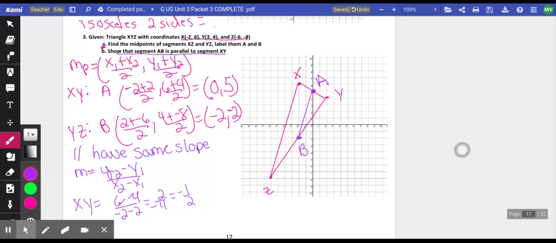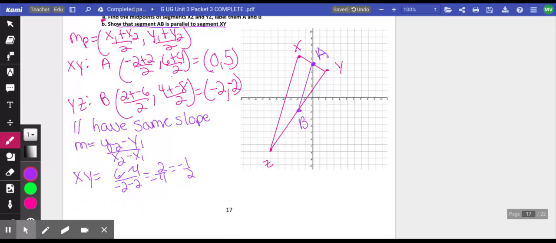I then want to find the slope of AB. I'm going to do 5 minus -2 over 0 minus -2, which gives me 7 over 2,